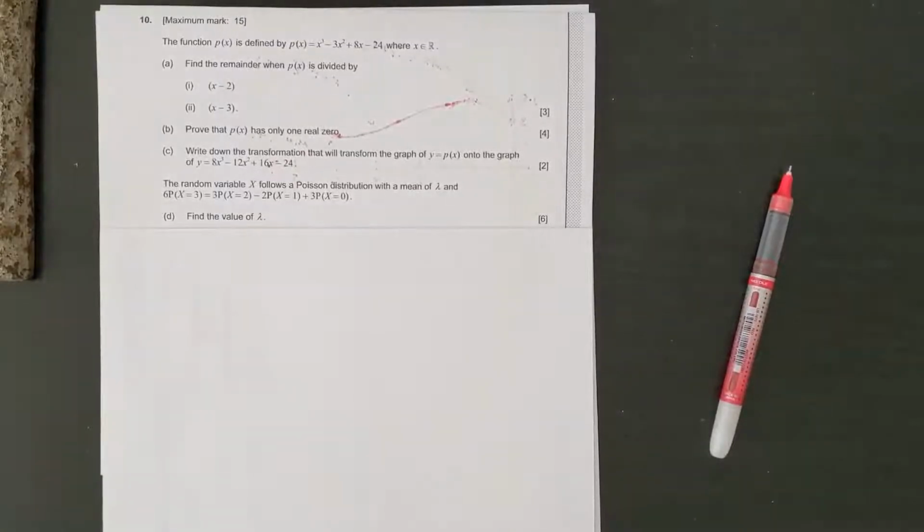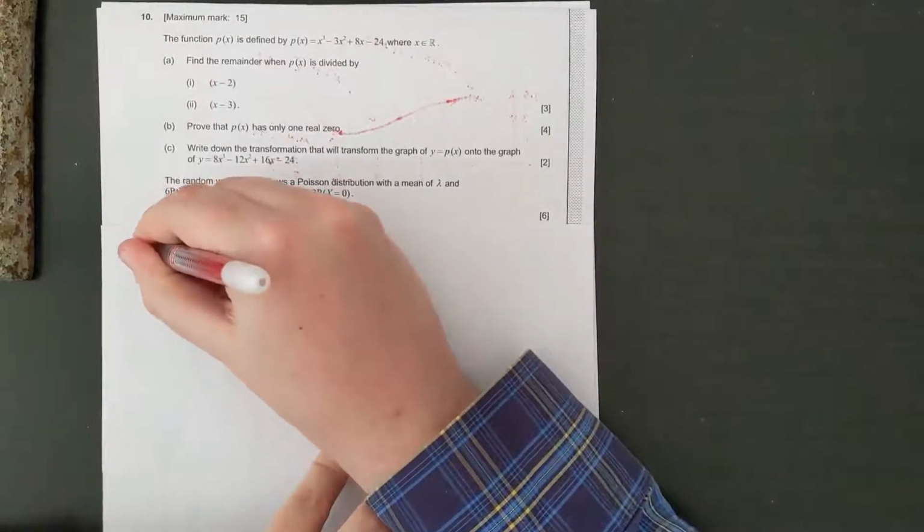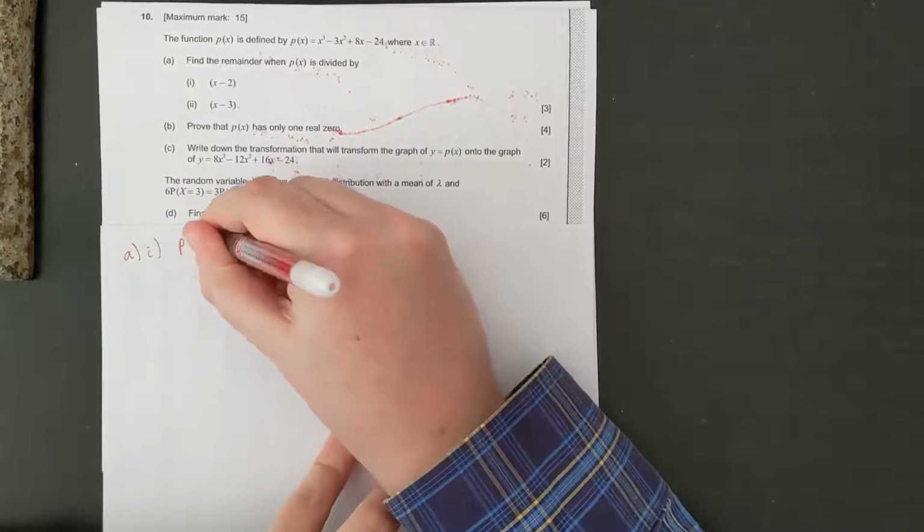Question 10 is a less familiar style, but really draws on some pretty simple ideas, so it should be fine. The function p of x is defined by that cubic function, where x is a member of the set of real numbers, and you're asked to find the remainder when p of x is divided by x minus 2. So you're using the remainder theorem here. So A part 1, you're just taking p of 2,